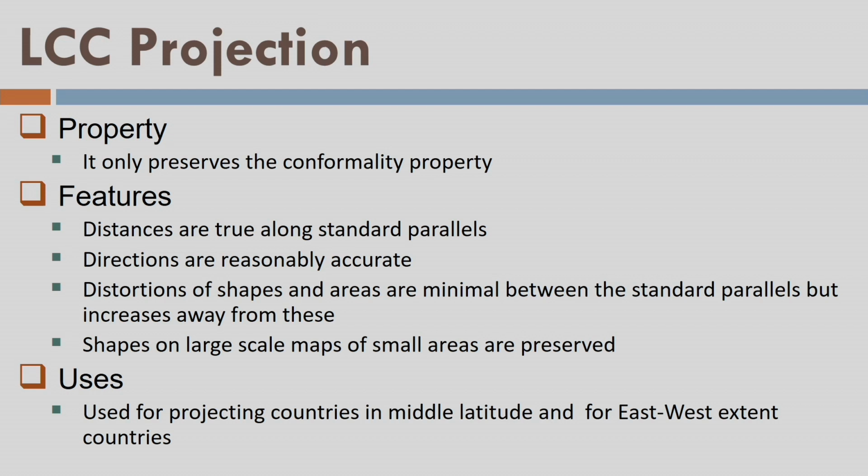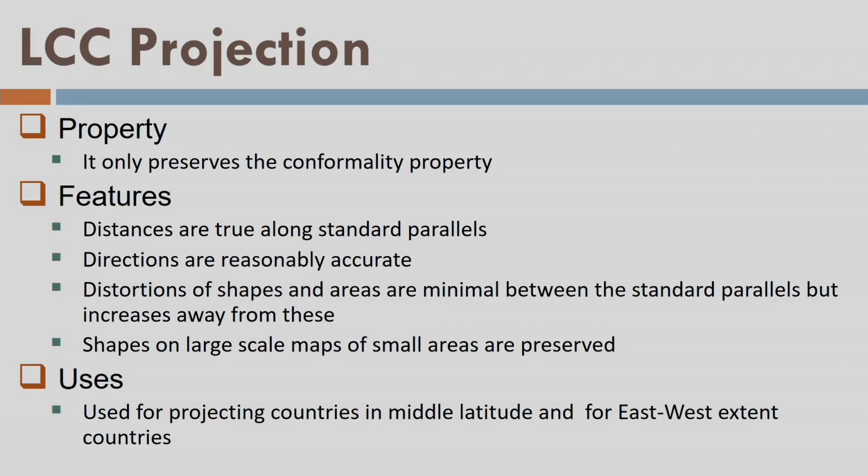Let us see, there are two standard parallels, and I told that at these standard parallels I will have minimum distortions. So let us see the standard parallel 1. As I go away like this, I will have distortions. For this lower one, or standard parallel 2, as I go away I will have distortions. Now distortions between the two standard parallels will come to the maximum somewhere in the middle part.